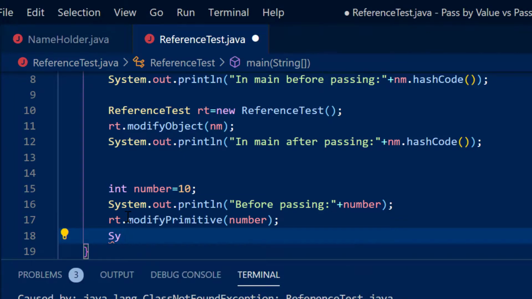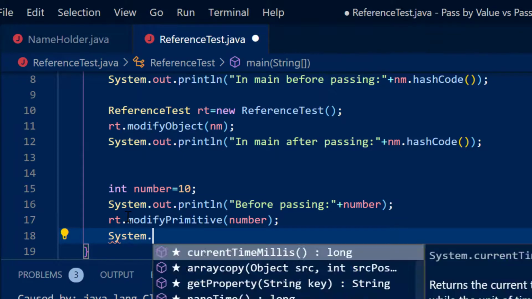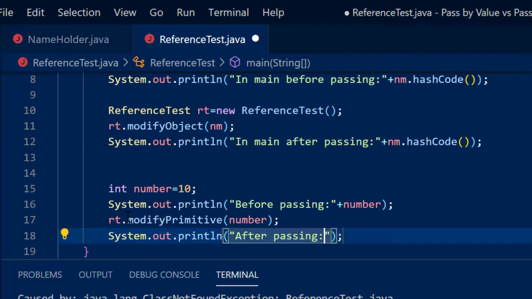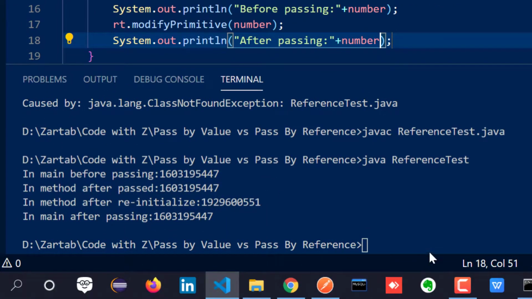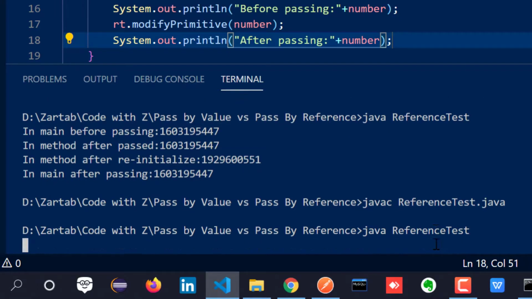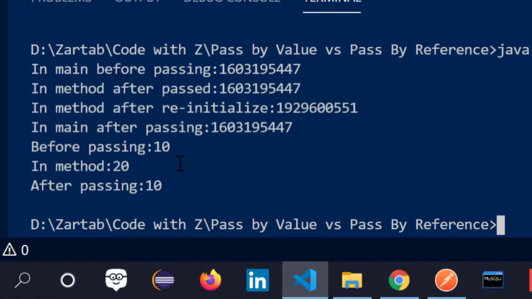And here I say System.out.println after passing, because what we are doing is nothing but pass by value, so after passing the number, I have got number. If I save it, make the changes, run it, now you can see before passing it was 10, in the method it became 20. Basically it was making use of pass by value.